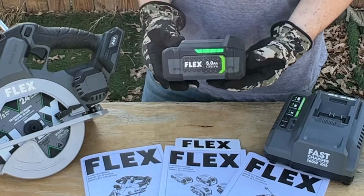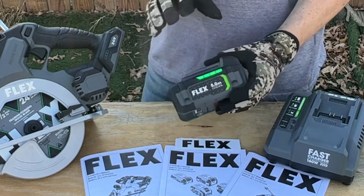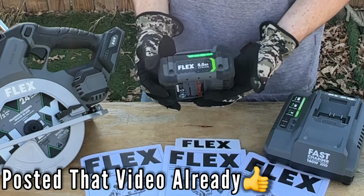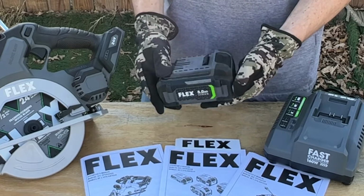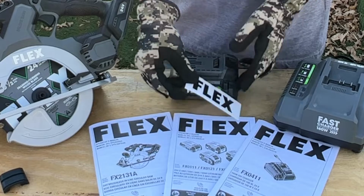It does come with a 5 amp hour battery, a really great 5 amp hour battery. I'm gonna have to take this apart and show what kind of cells are in here. I think they're 18650s, maybe 21700s. We'll find out. But it does come with a 5 amp hour 24 volt battery, and you get a sticker